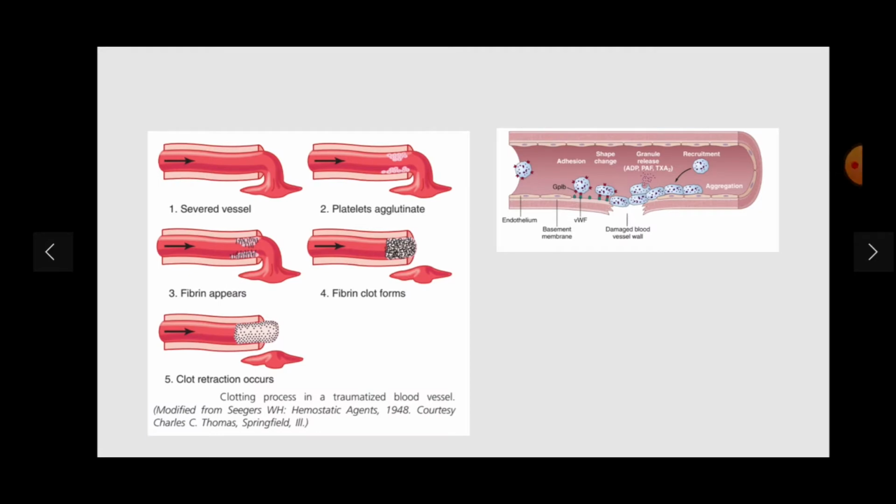Here in this figure, on the right side, we can see the formation of the temporary hemostatic plug. After the blood vessel is damaged, it is first sealed by the formation of a temporary hemostatic plug. Then fibrin threads are formed during the formation of the definitive hemostatic plug. The fibrin threads entrap various contents of the blood, and gradually the fluid blood is converted into a jelly-like mass which forms the clot, and gradually it stops bleeding from the damaged blood vessel.